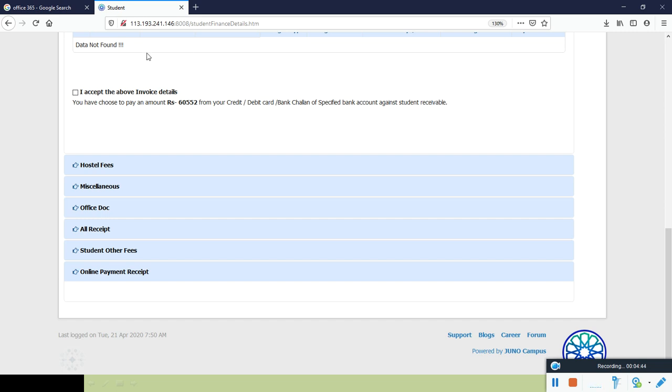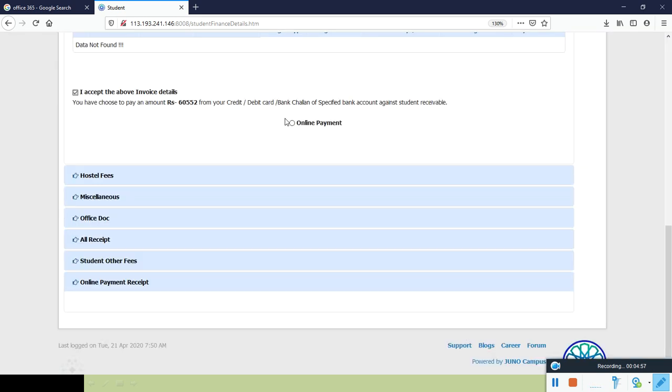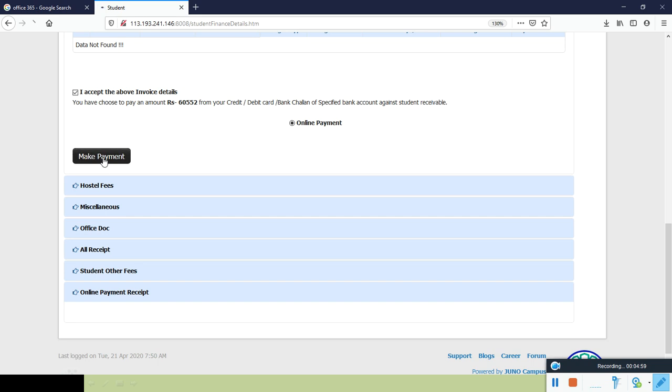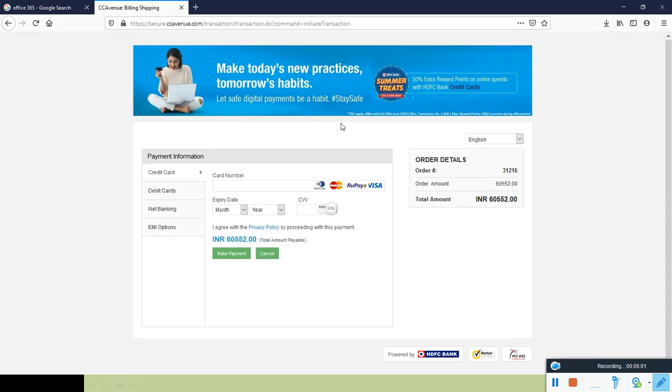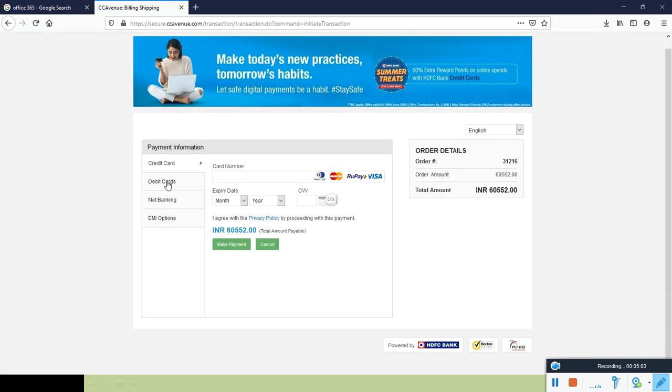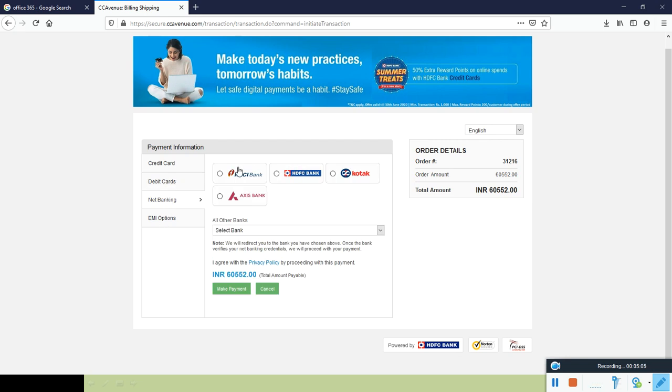At this level, in this portion, you will get the installment list. You just need to select it, accept it, go to online payment, and make the payment. Select the appropriate option and fill up the details.